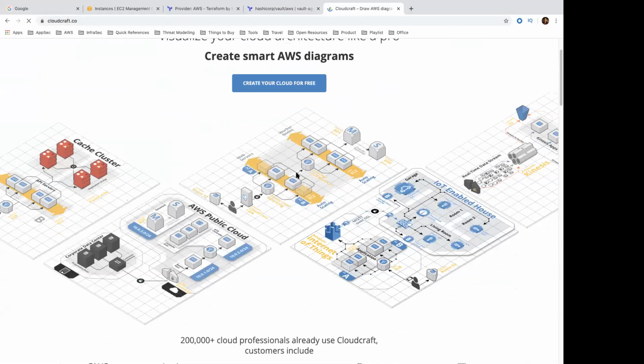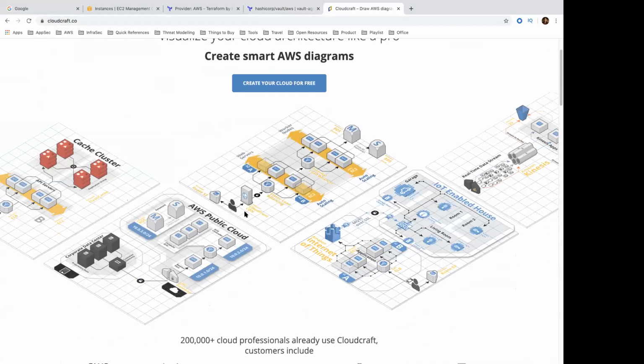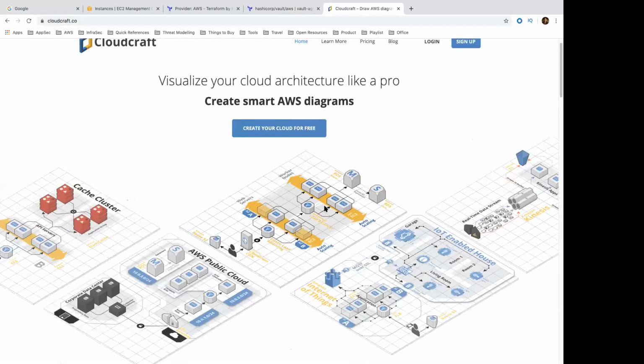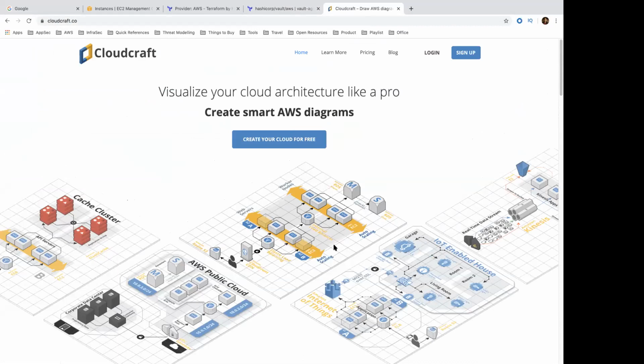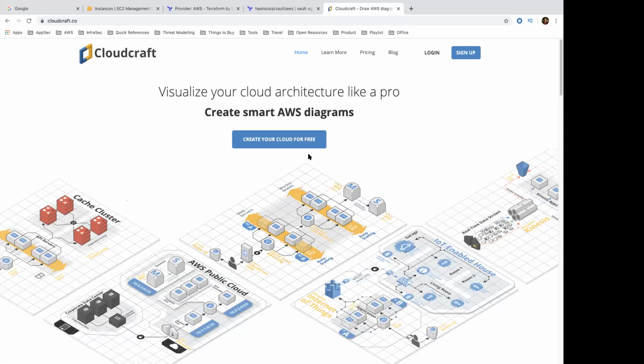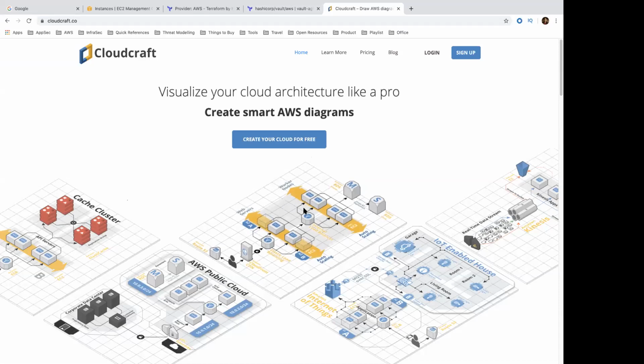You can draw infrastructures very similar to this, or however you would like to create, and then it also allows you to convert these diagrams into .tf or Terraform files. Once you get that, it becomes even easier to execute them and get your instances or your infrastructure up and running. So this was a simple concept of implementing Terraform here.